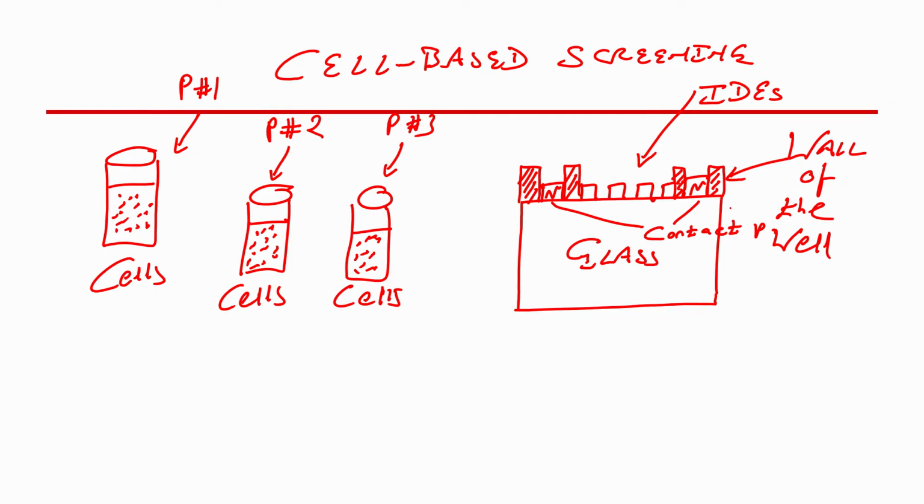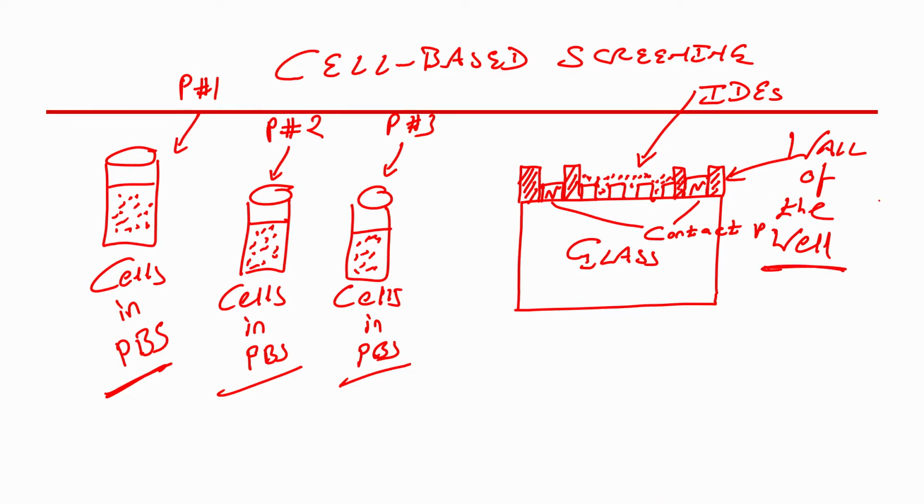Now, why have I created this well? What is the reason? Because if I load the cells, the cells are floating in, let us say, phosphate buffer saline, you can search PBS on Google and you will understand what PBS is. So, cells are in PBS, a liquid solution. If I load the cells here with liquid and I do not have the well, what will happen? The cells would not stay there, is it not? So, the well will hold them, it is like a container, with interdigitated electrodes.